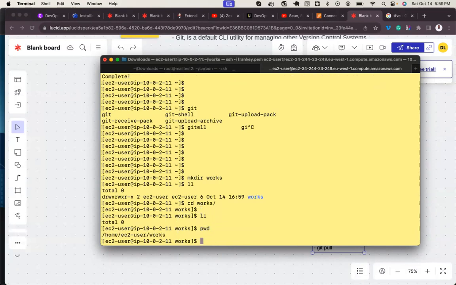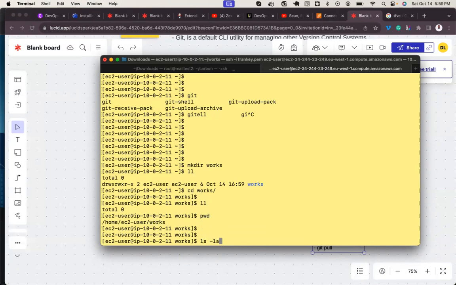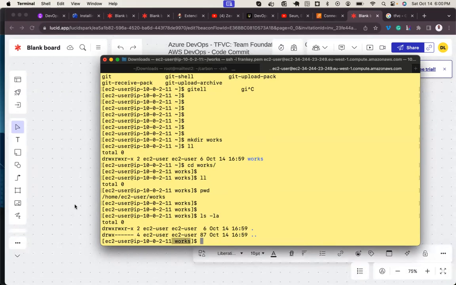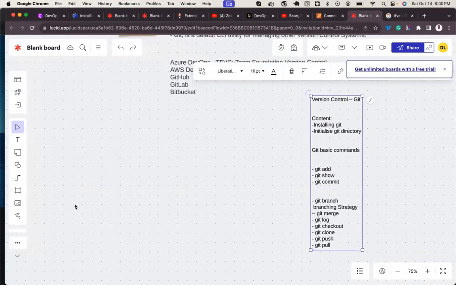If you check pwd, I am inside of works. Now, if I check ls -a, there is no file in here because this directory has not been initialized as a Git repository. We've gotten a new word.